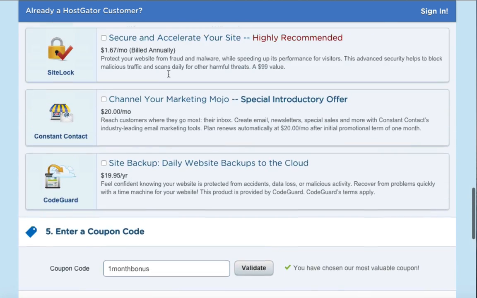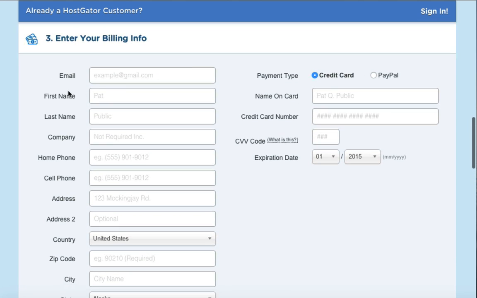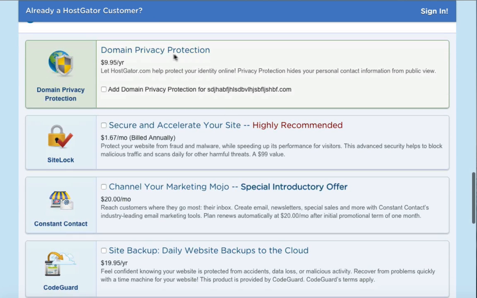Now, going back to the domain privacy protection here, I always do like to get this, because here's the thing: if you don't get this, then all of your details that you put up here, like your email, your name, your address, your phone number, some of this info is going to be included in a public database. It's available to pretty much anyone on the web, and I prefer to keep all of this information private so that my phone number and my address and things like that are not on the internet. So for that reason, I always invest in the domain privacy protection for just under $10 a year.